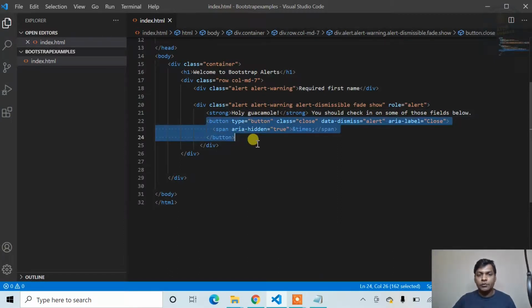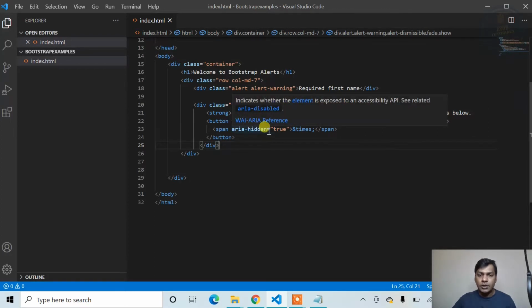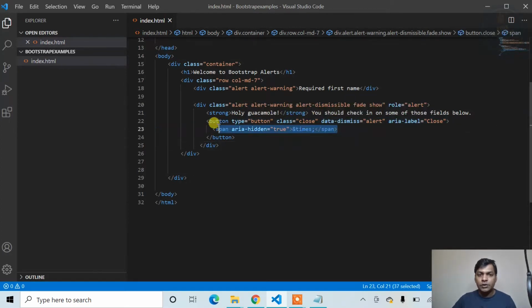This is how we are going to show our cross button, and for this we need to use the button tag, and here we can see data-dismiss is there, and we need to attach this data-dismiss, and also we are going to give the aria-label, and once you mouse over it will show this close, and we need to give aria-hidden true, and this will show your cross icon.